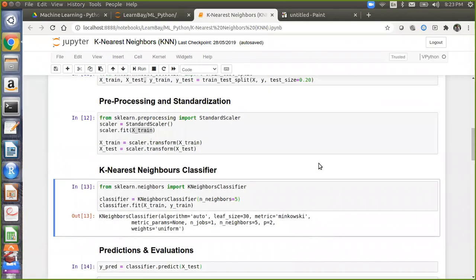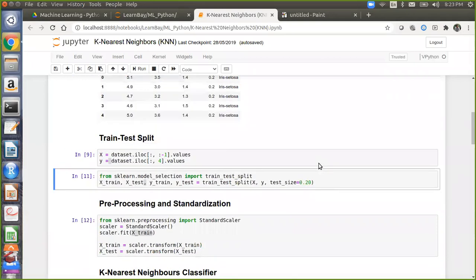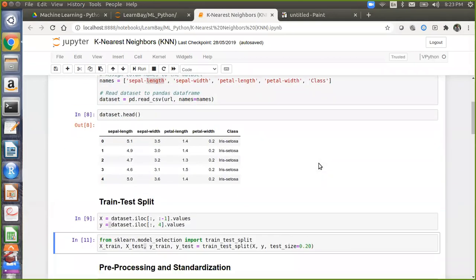Any questions with respect to anything? This is all about k nearest neighbor, one of the easiest algorithms. Generally the questions which come on k nearest neighbor are: what is the difference between k means and k nearest neighbor, how does the k nearest neighbor algorithm work, and what are the pros and cons of k nearest neighbor.